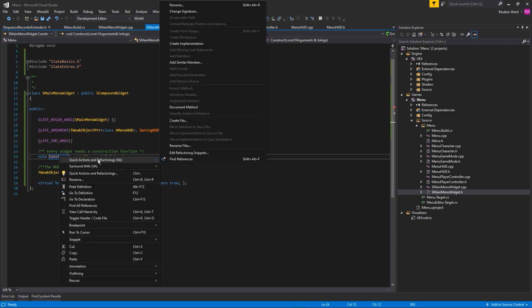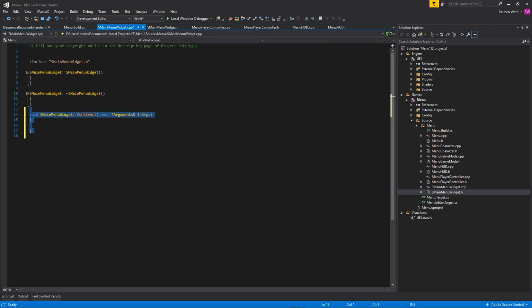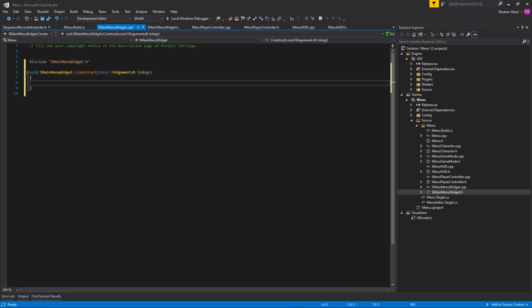So now I'm going to implement my construct function, and we'll get rid of the constructor and the destructor. And I'm going to show you how to use the construct function. This is where you actually construct your UI. So you basically build your UI in here. And if you haven't done any Slate before, you're probably going to be like, what the hell is this? But the good news is the more you use Slate, once you're familiar with it, it's actually pretty cool. Like it's pretty simple. And I hated it when I started using it, but the more I use it,